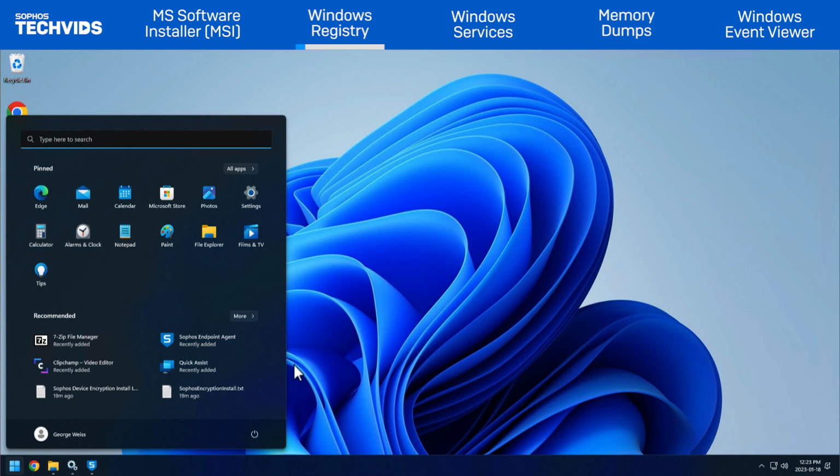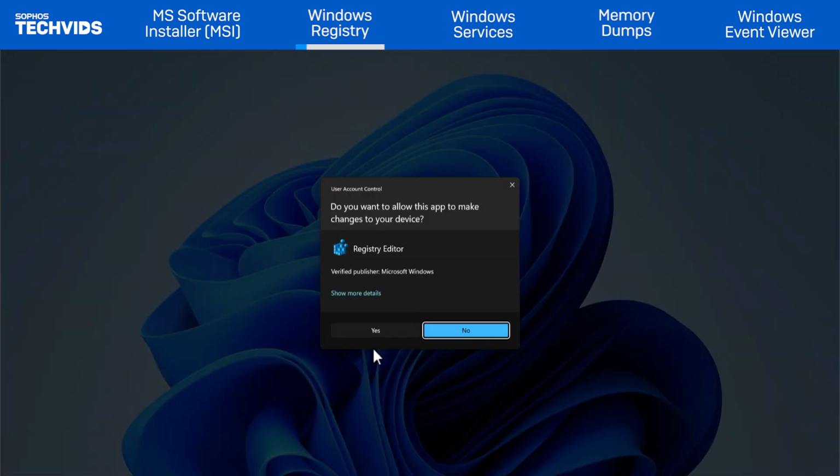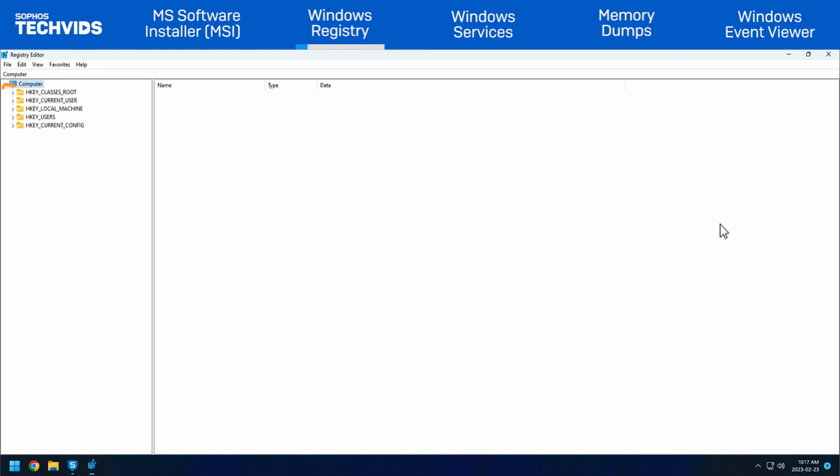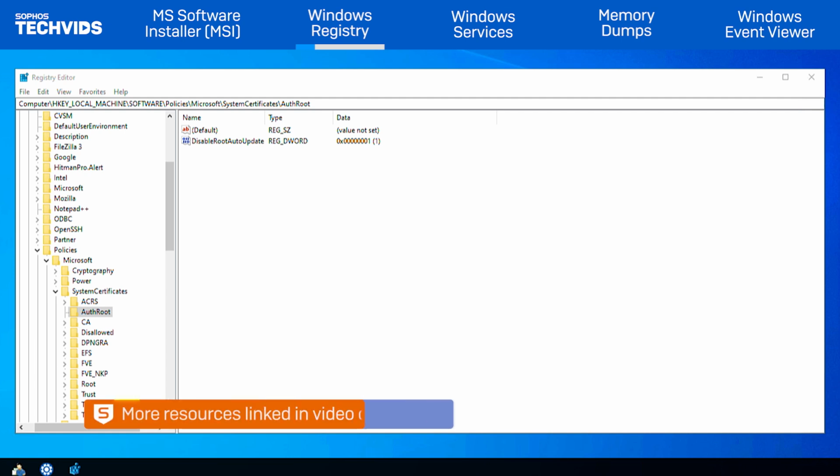You can access the registry by running regedit.exe in the Run menu or in Command Prompt. There are 5 registry hives or root keys which contain keys, subkeys, and values. As you navigate down, you will find configuration settings that tell Windows how to operate. When you make changes to the Windows operating system, you'll often find that there are registry keys that correspond to those settings. An example of this is the enablement of group policies to restrict automatic root certificate updates or defining how Windows updates should behave.